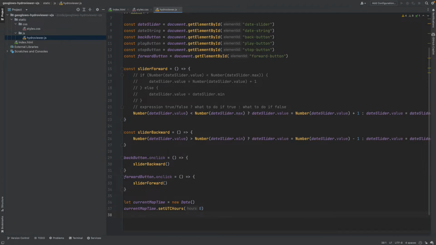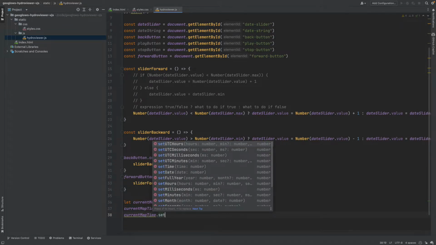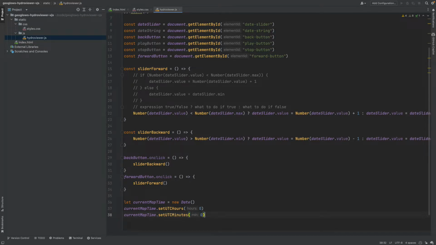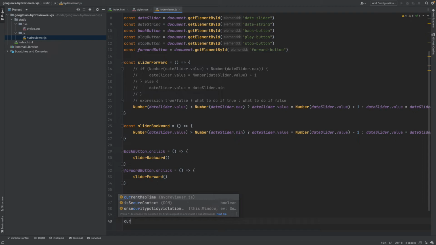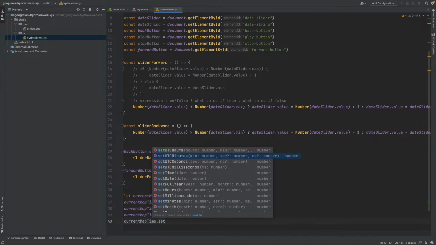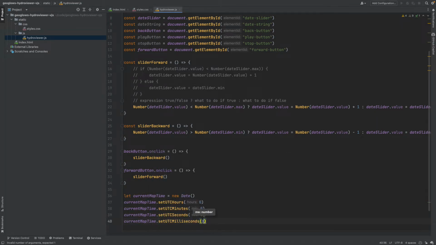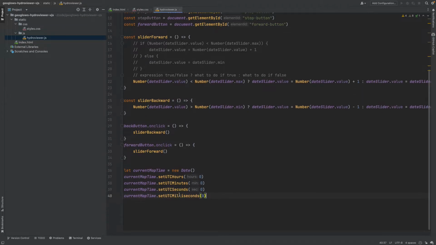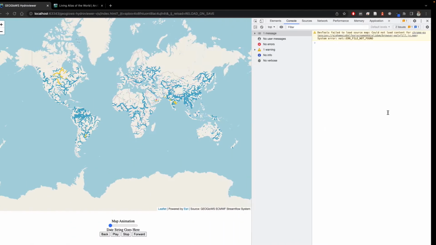We're going to do the same thing: current map time dot set the minutes to 0. Same thing for set the UTC seconds to 0. And since this has down to millisecond precision, we also have to call set the milliseconds back to 0. So let's save this, and when I come over here,